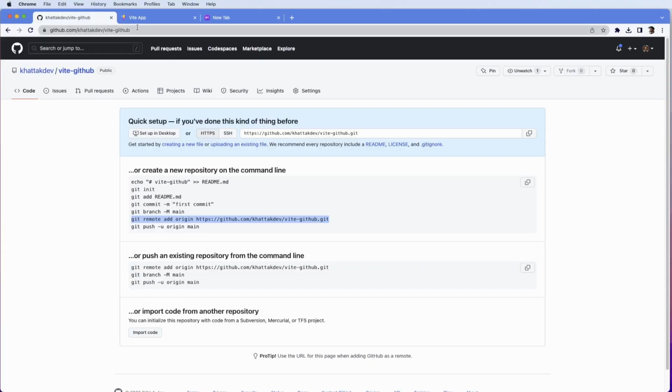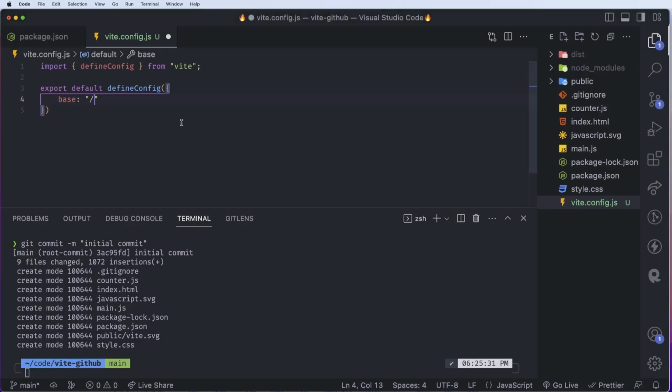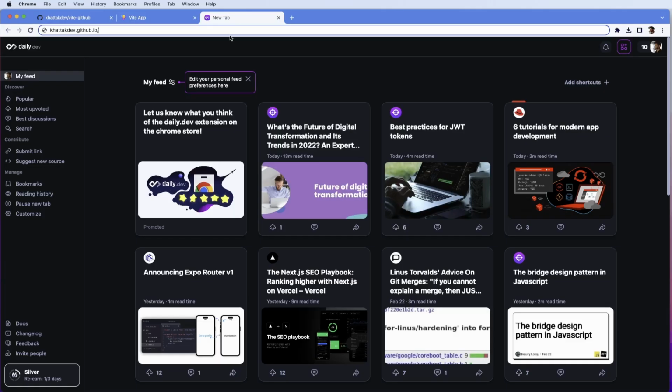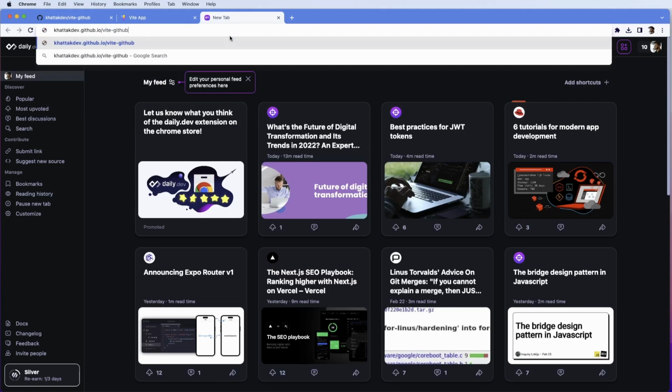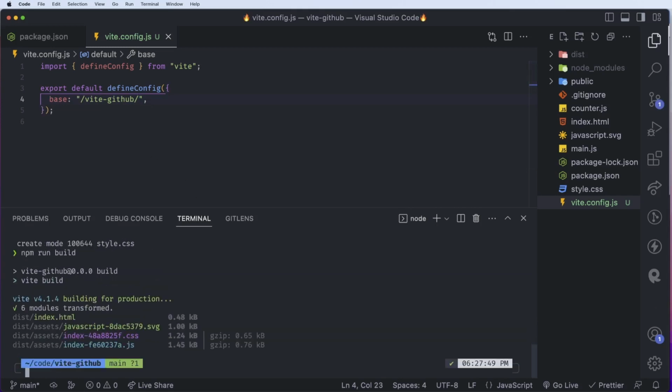The reason you do not need to modify it is that if this is KhattakDev/KhattakDev, that will eventually be khattakdev.github.io, so nothing here, and that is the default. But in this case, it is going to be Vite-GitHub, which means we have to modify our base path to make sure everything works. So what I need to do is make this Vite-GitHub and also a slash. So save this, and if I now again do npm run build,